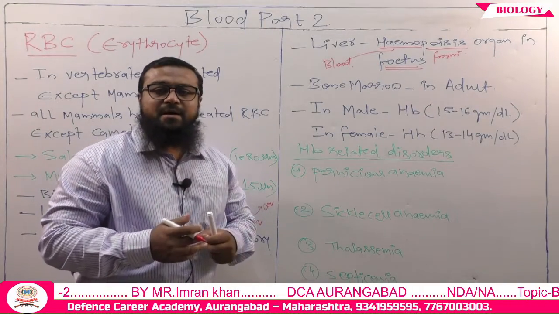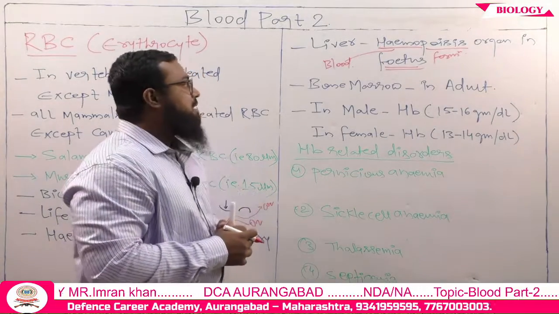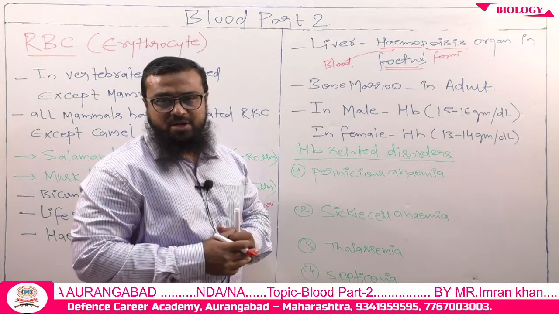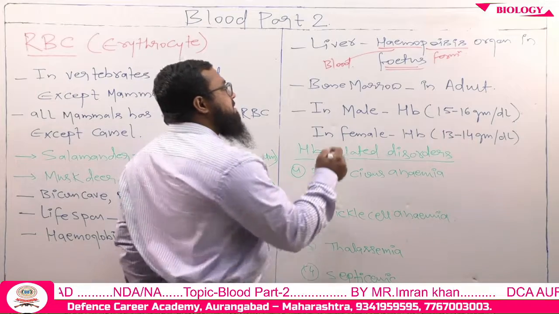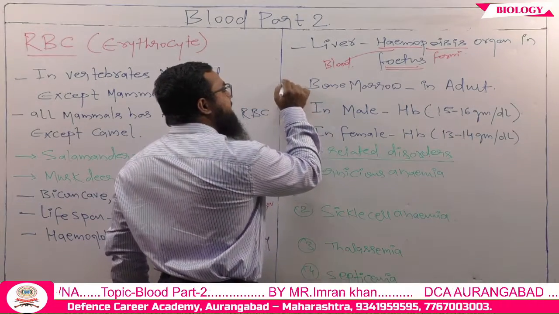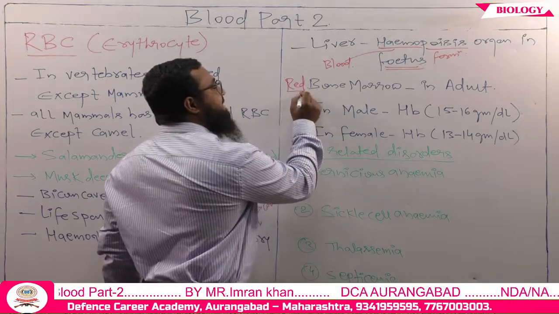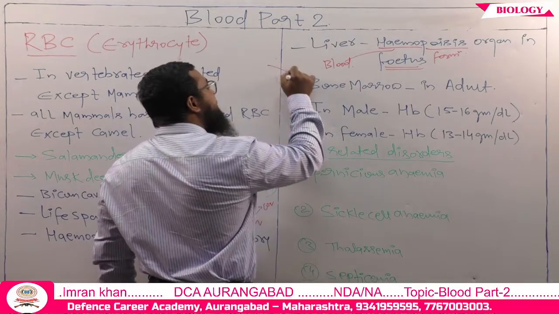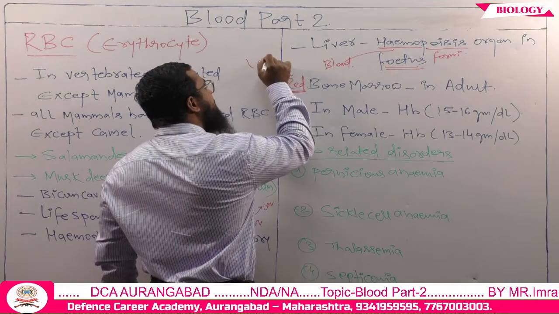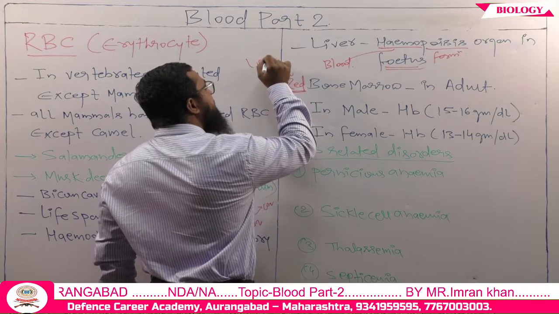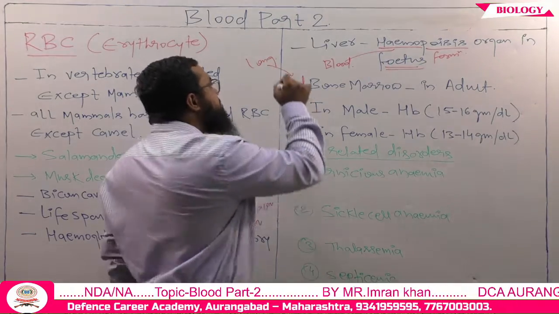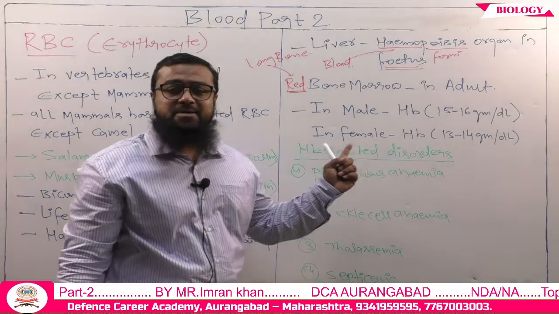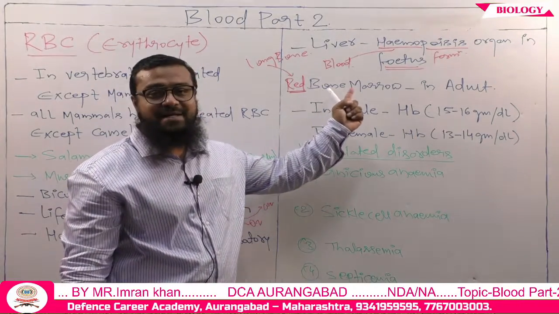Combined, erythropoiesis, leukopoiesis and thrombopoiesis make up hemopoiesis. Now, what about in adults? How do erythropoiesis or hemopoiesis take place in adults? As we all know, it takes place inside the red bone marrow. The red bone marrow is present in long bones. The hemopoiesis process takes place inside the red bone marrow.